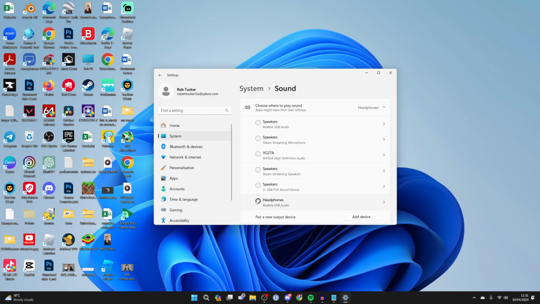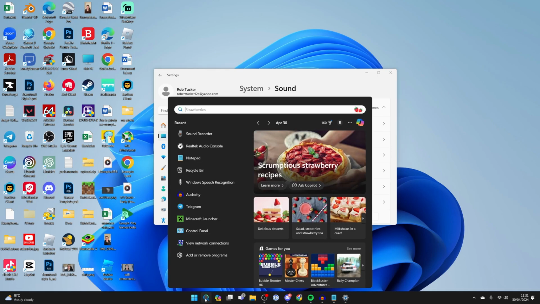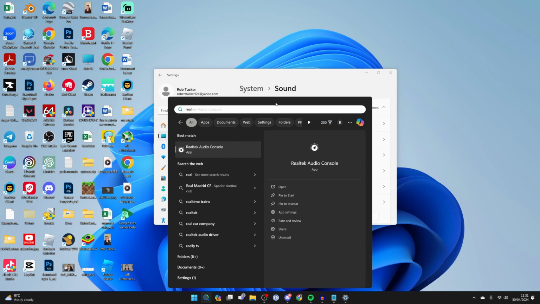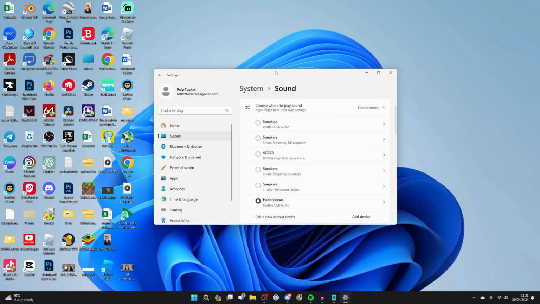However, if your headphones weren't showing up on that list, that may be because they need a specific driver. So go and research if there's any specific drivers they need. And also you may just need to get the correct audio drivers for your computer. So you can go and check that. On my computer, I use Realtek Audio. I'll just show you, I can type it in, Realtek Audio. So yeah, make sure you've got the correct drivers installed. After you've installed them, they should then be listed here and you should be able to use them